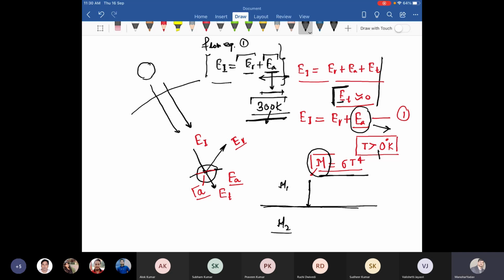Then what will happen? We can expect a reflected component, and we can also expect a transmitted component, and some part of the energy will be absorbed over here. The transmitted component we can expect when that energy has the capability to travel in the medium